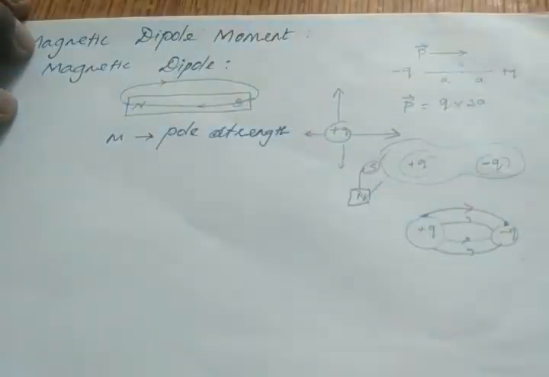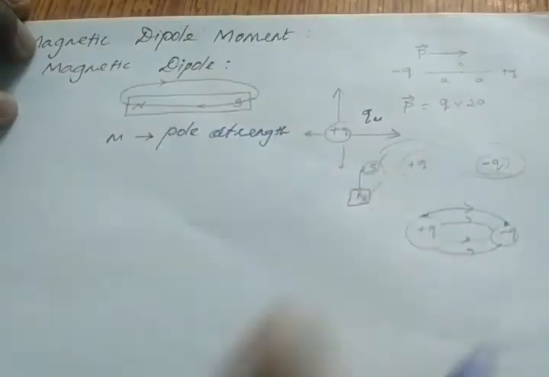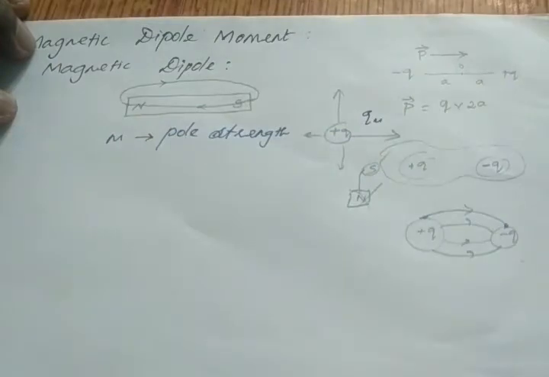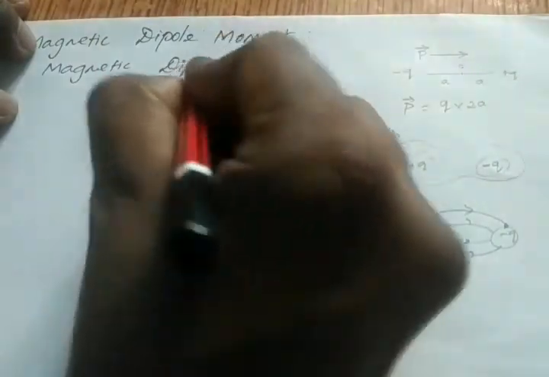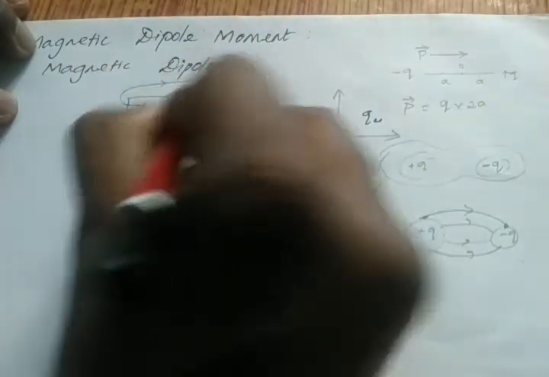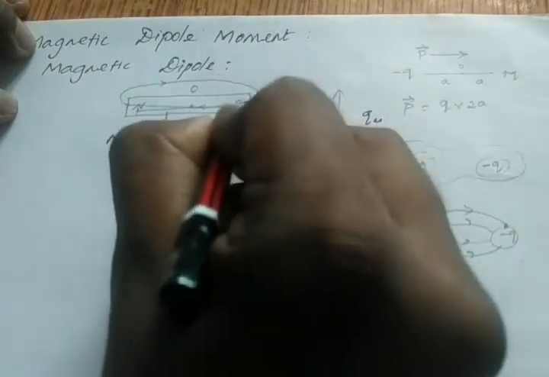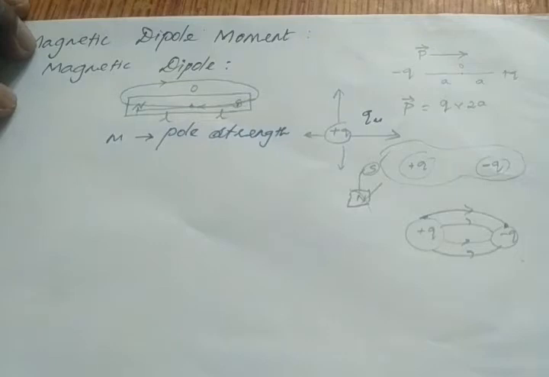In the metric book they said QM. QM means magnetic charge; Q means normal electric charge. Here we take M as the pole strength. The distance from the north pole to the center point O is taken as L, and from the center point to the south pole is also L. So the total distance is 2L.